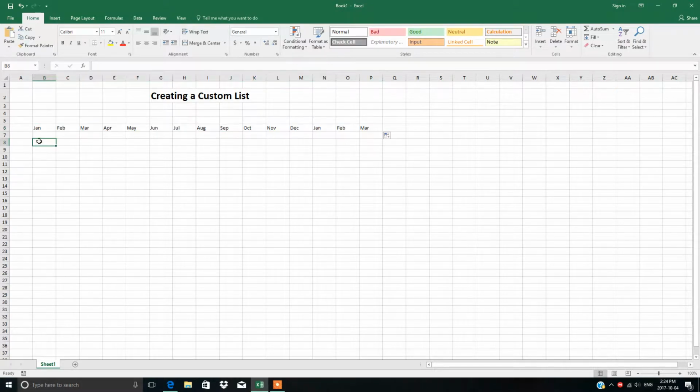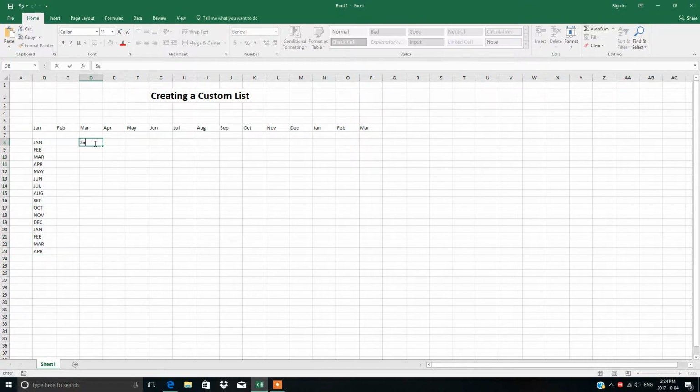Similarly, if you want to write down the names of the months in capital letters, you have to give some clue to Excel that you want to write down all the names of the months in capital. If you want, you can write down vertically or horizontally. Excel will fill up for you.